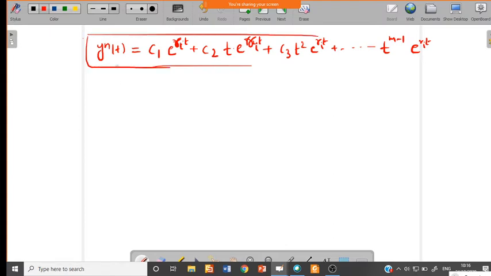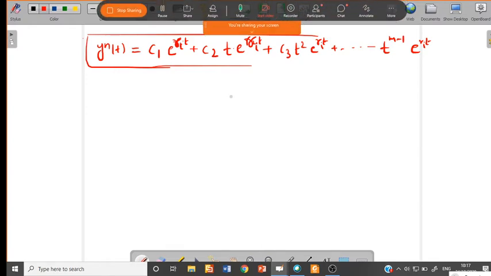So these are all the different types of solutions which will exist for different types of roots. Now we will solve some problems based on the differential equation, so then we will come to know the solution to that differential equation. Is it understood? Any doubt? What are all the types of responses? We'll come to the forced response later, how it behaves for a particular input which we give.